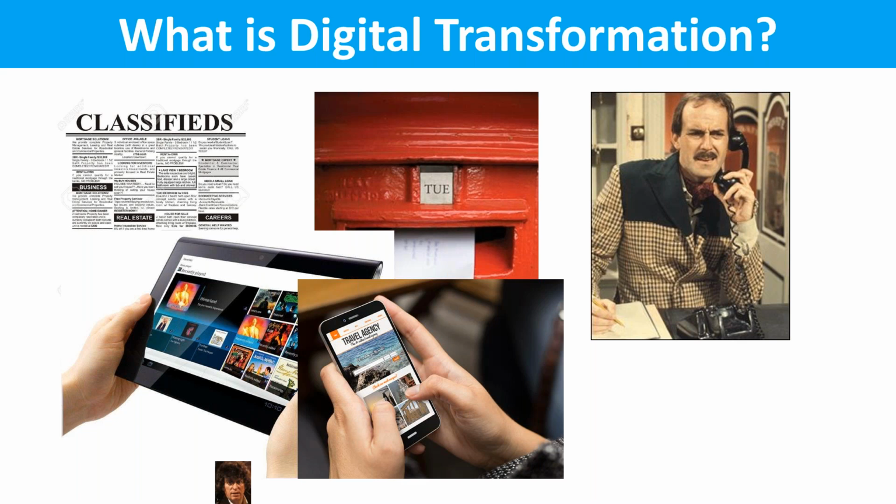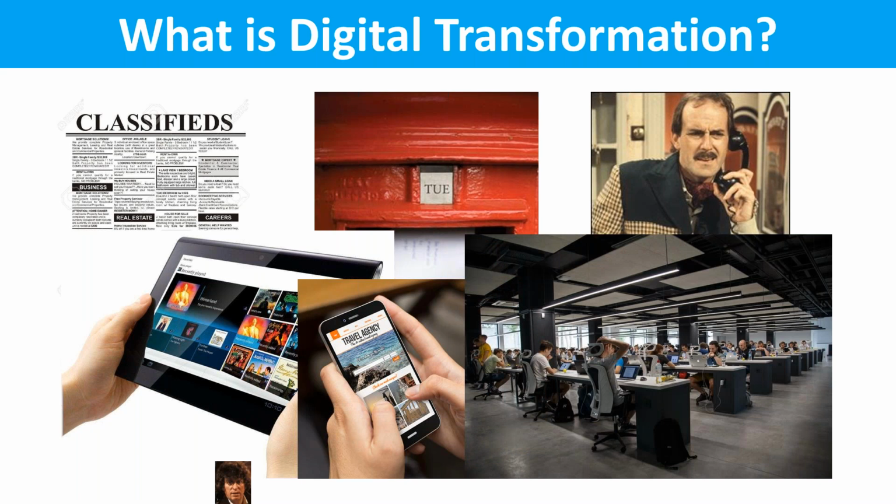I can choose one. I click the book button, answer a few simple questions, and within minutes, I've got a confirmation of my reservation. And I've got the ability to book a car while I'm busy doing this and book tickets to local events at the same time. It's really simple, really easy, really quick. If I do have a problem and I want to speak to a human being, well, I've got my mobile phone in my hand. I just press the dial button and I get through to a professional call center where somebody deals with my problem very quickly and efficiently. So you can see in the space of 50 or 60 years, how booking a hotel room has changed.